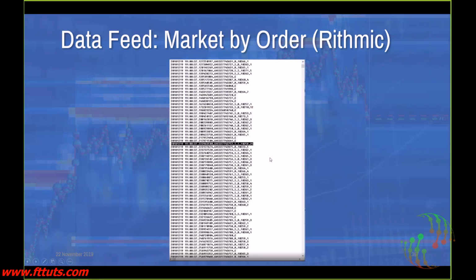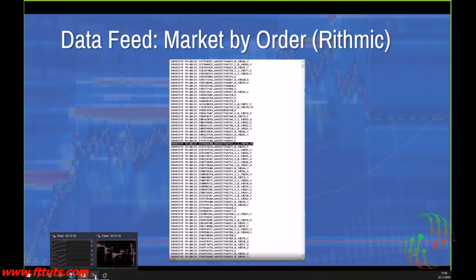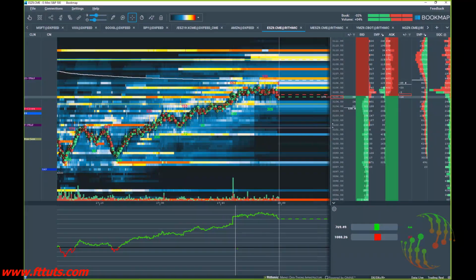These are not aggregated data. You can also get aggregated data from Rithmic. The difference between all data and aggregated data is that aggregated data are sampled. So there is a difference between real market data, with every traded level or every available level, and aggregated data, which are sampled data, for example, or throttled data. Therefore, we recommend Rithmic or DXFeed, because